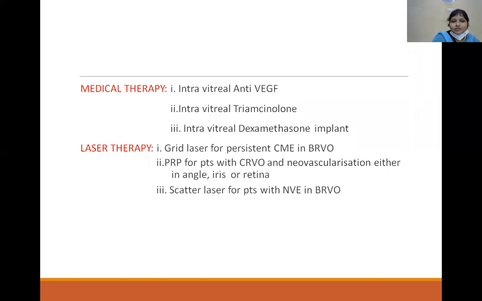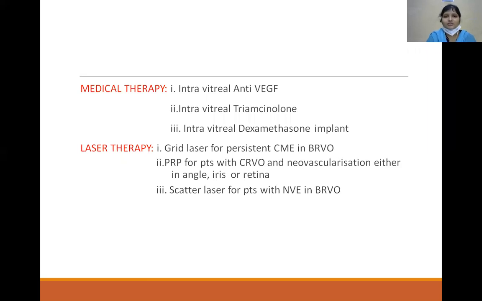For macular edema, we can either give intravitreal anti-VEGFs. VEGF means vascular endothelial growth factor. The various anti-VEGFs you know are ranibizumab and bevacizumab. These can be given intravitreally, and they help in resolution of macular edema, but the action is not long lasting and repeated injections are necessary within 1 to 2 months. So 2 monthly or 3 monthly, we have to evaluate the patient doing OCT and FFA, and then repeated injections